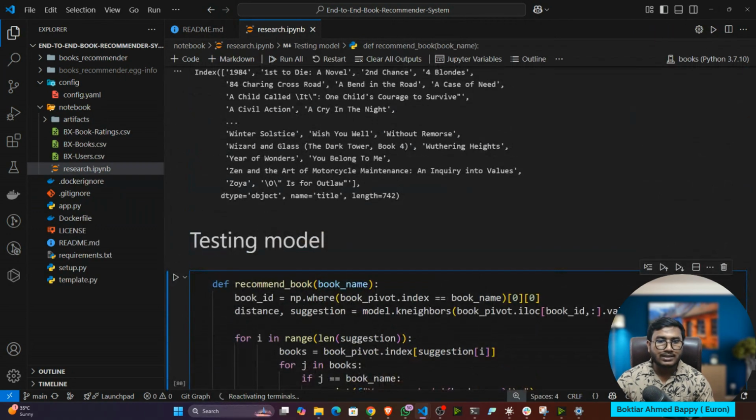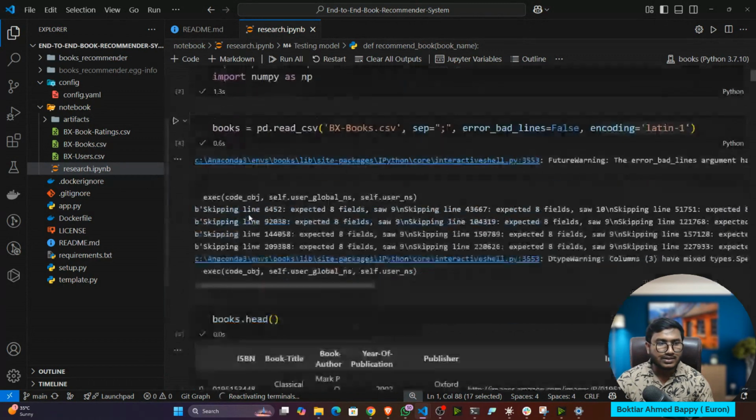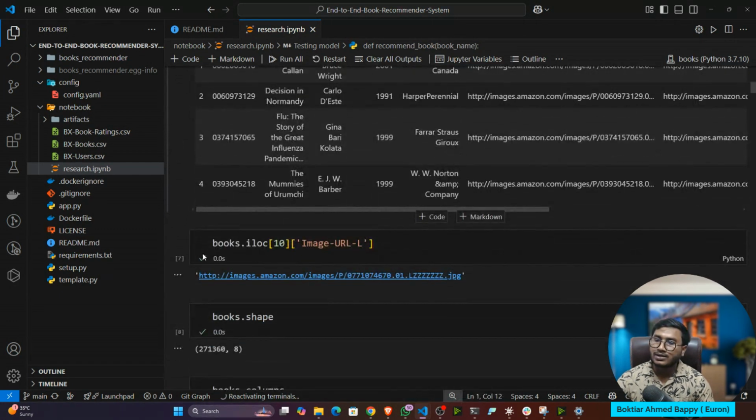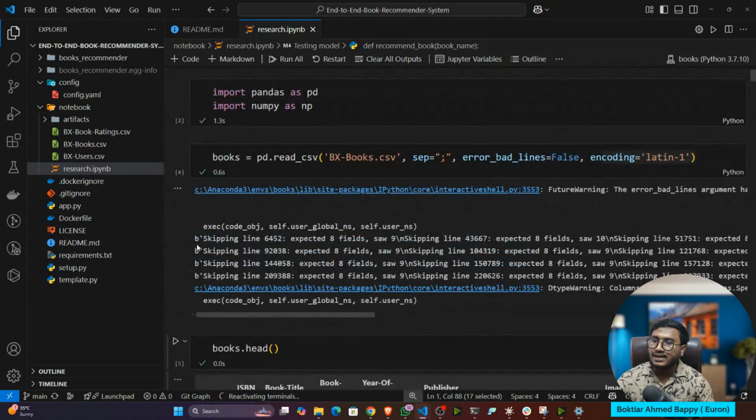And see, if you understand this notebook implementation, you will also be able to understand the modular coding, because we will do the copy-pasting of the same code. We'll only do the configuration management. This is the main thing. Otherwise, the logic we have written, we'll copy paste the same thing in the component. But we'll only be writing it in a modular fashion. That means we'll be writing it in Python classes and methods. That's it. This is the only difference.